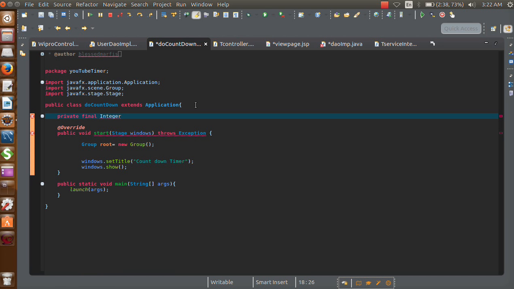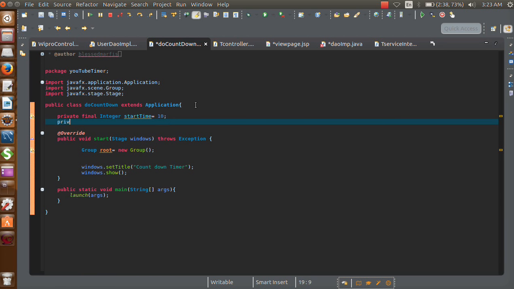Okay, it's integer. The data type is an object. Alright, let's call it start time, and let's make it 10. We'll start from 10. Alright, guys. Now same thing again, final, not the final this time. It is still integer,